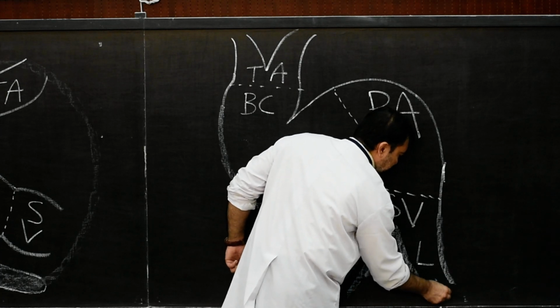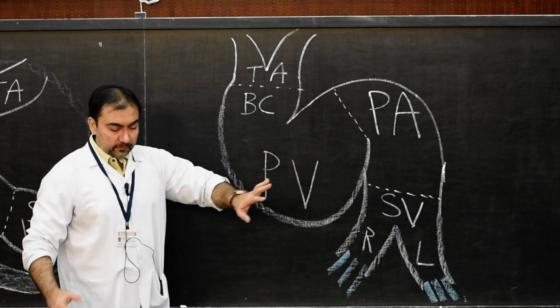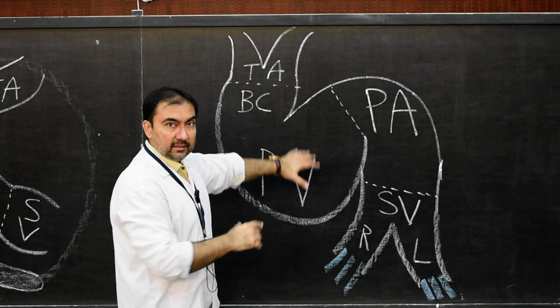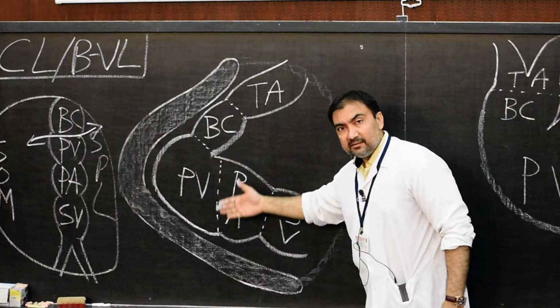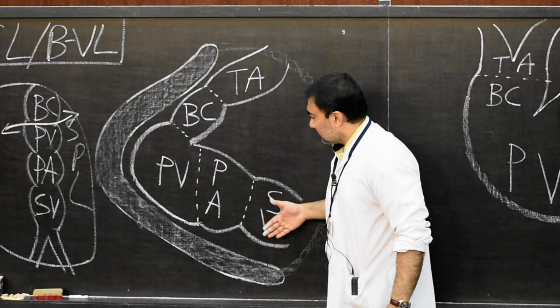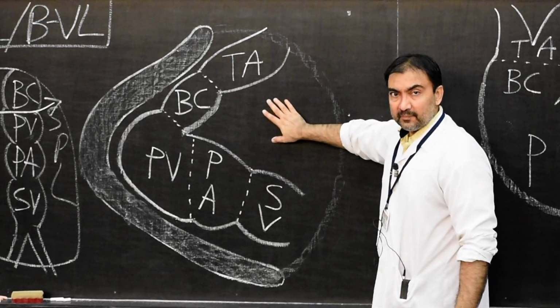Common cardinal, vitelline, umbilical. This is the cardiac loop which we are looking from the ventral side, from the front. And that was the cardiac loop, this one, in a sagittal section. Please understand, sagittal section, how the cardiac loop is there. Still we are going to complete here where my hand is.